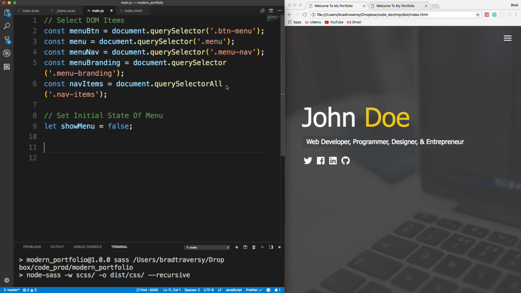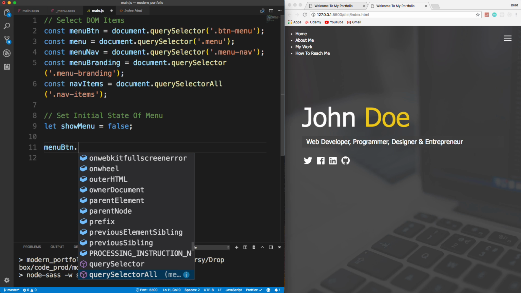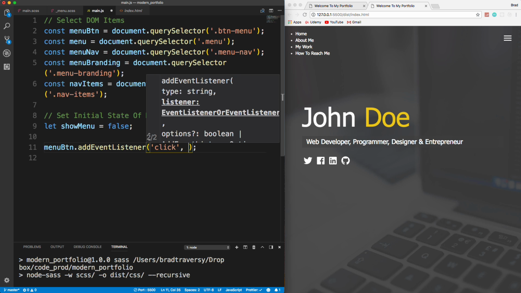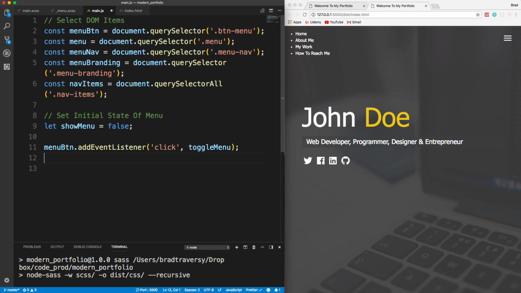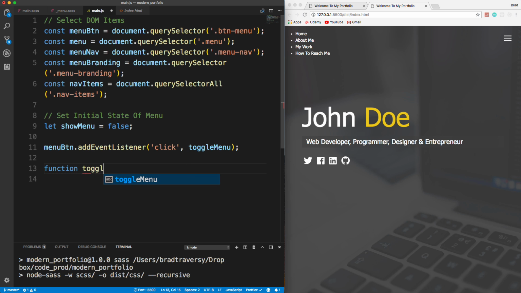So now we need an event listener, because when we click this, that's when we want stuff to happen, right? So we're going to say menuBtn, which we defined above. We're going to add an event listener onto it. We want to listen for a click event, and then once we click, we want a function to fire off called toggleMenu, which we need to create. So let's say function toggleMenu,